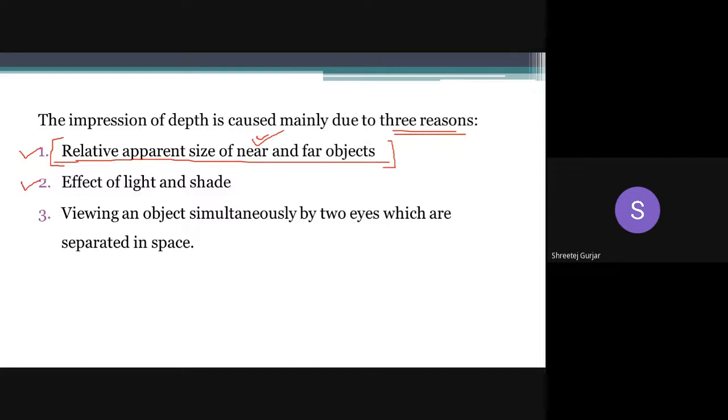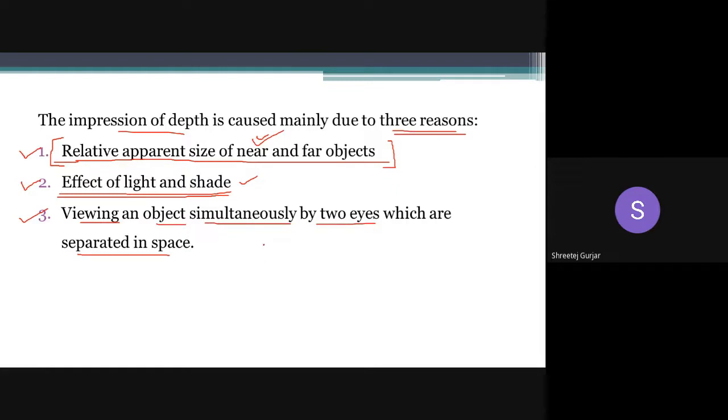Coming to the second point, the effect of light and shade. So the effect of light and shade will give the impression of depth, right? If there is no light and no shadow occurring, it is difficult to perceive depth. So the impression of depth is got by the effect of light and shade. Coming to the third point, which gives you the sensation of depth, that is viewing an object simultaneously with two eyes which are separated in space, right?